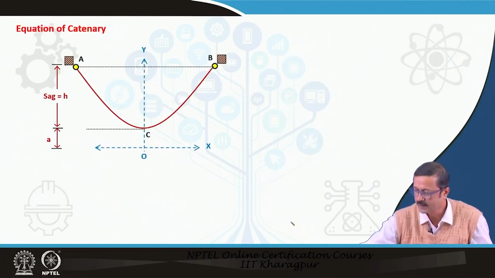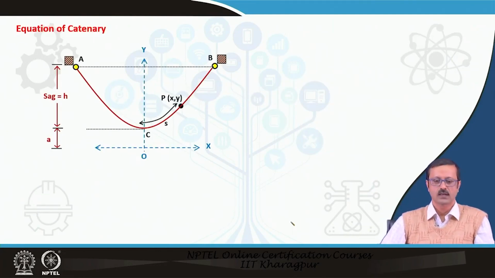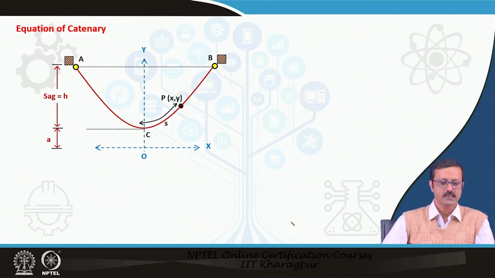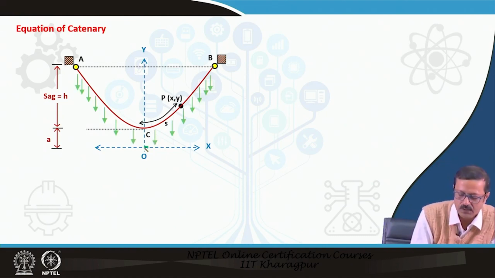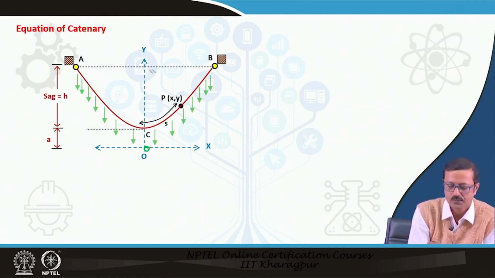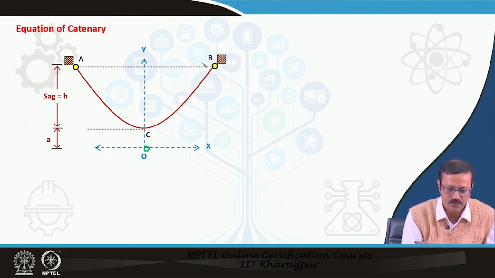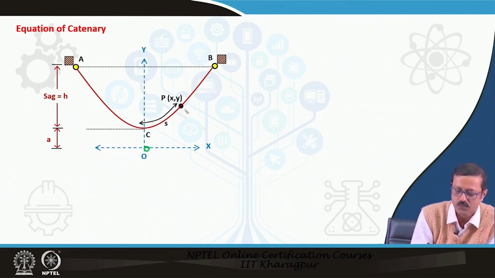As the catenary shape can be established mathematically with some kind of equation, suppose this is the origin, the 0 point, this is my x axis, this is my y axis, and these two are the supports. Both supports are at the same level, and this is the cable hanging like that. I take one point in the cable, point x,y, at a curved distance, the arc distance, the portion of the